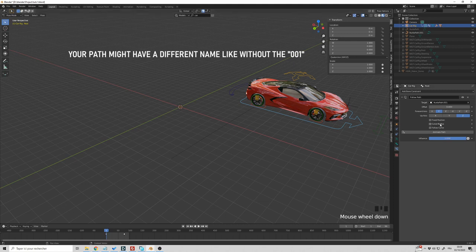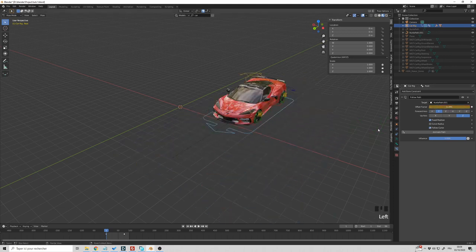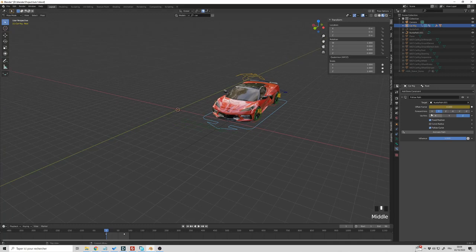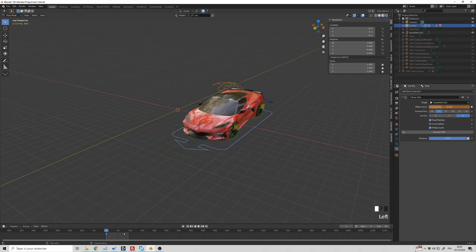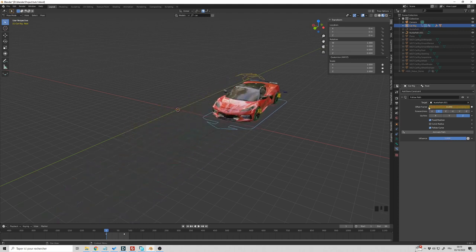Okay, now we are going to click on a fixed position because we want it to go from 0 to 1, and follow curve. And that's perfect. So the car is correctly placed. Let's see now if I do 0 to 1. Okay, I think the distance is enough for our animation.